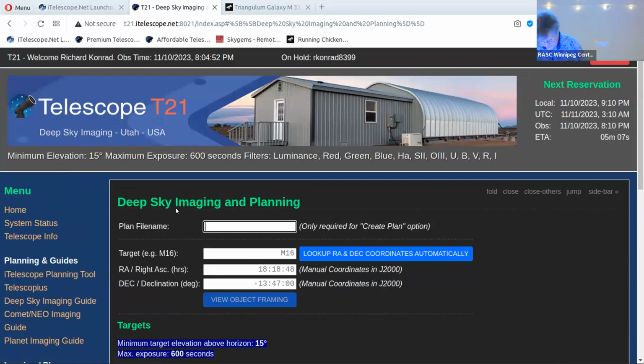Again, target M33. Now you can have the system look up the coordinates for you automatically, which is great for galaxies. But if you're doing a nebula and you want some special framing, or you're doing a mosaic, then you have to put the information into these boxes. But for now, what I'm going to do,